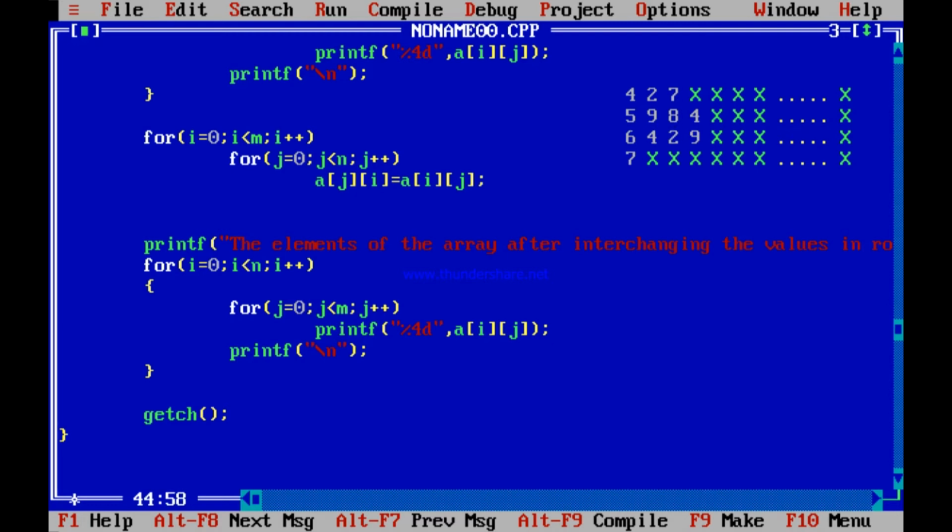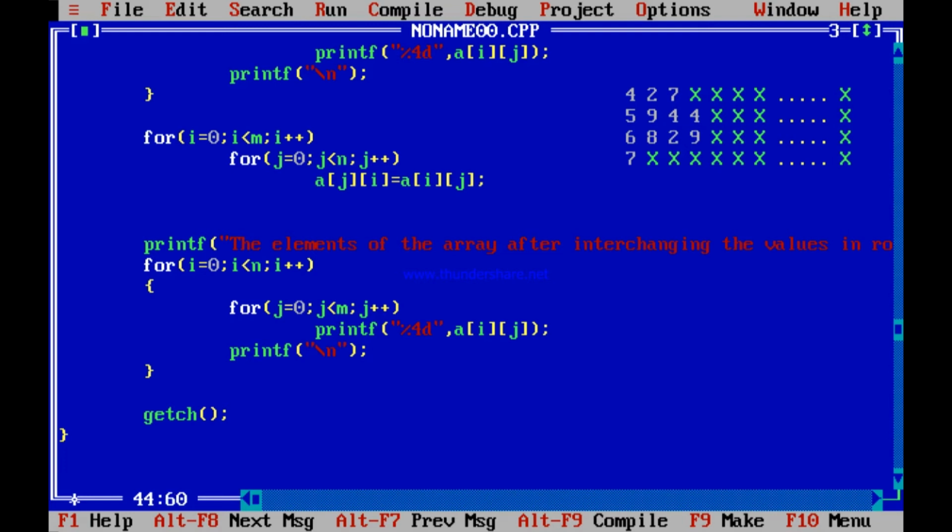But A12, j will become 2, A12 to be exchanged with A21. So the 4 will come over here. Which 4? This 4. A12 is this position, A21 is this position. So this 4 will come over here and the 8 present over here will be going over here.